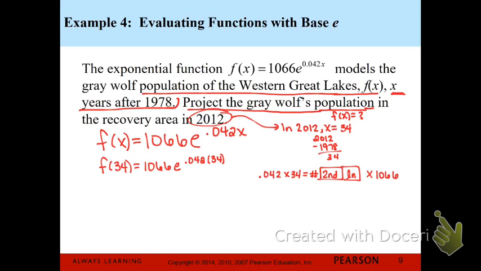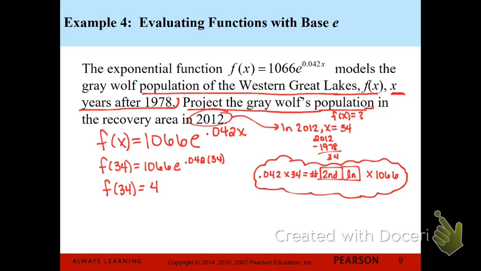All right, so over here we have what we're going to do in our little calculators that we use in here. If you have a different calculator, it may be a little bit different. So you had to do your exponent part first. You had to hit the equal sign to get that answer. So I gave you some number there, and you're going to hit second and the ln to get your e to the x. That gave you an answer, then times the 1066. And so it tells us that f of 34 then is equal to 4,000, help me,